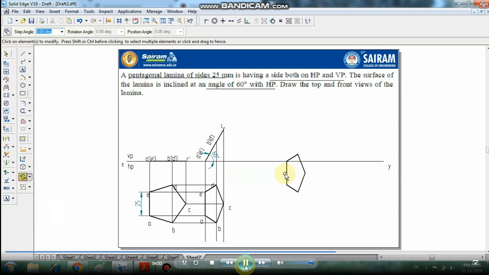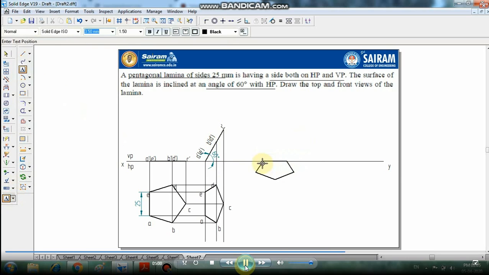Then rotate by selecting E to A, and keep this on the reference line. Mention the points as A, B, C, D and E.